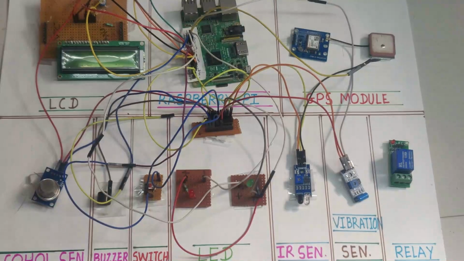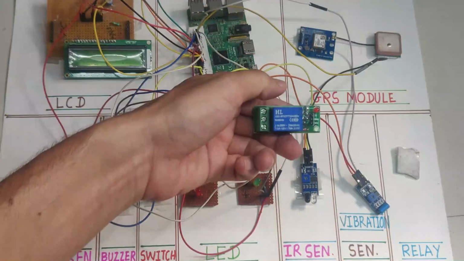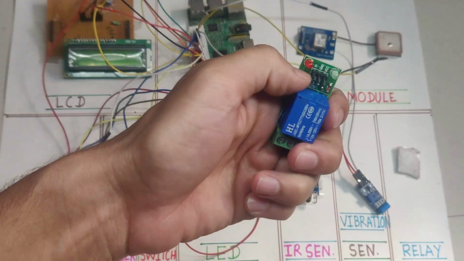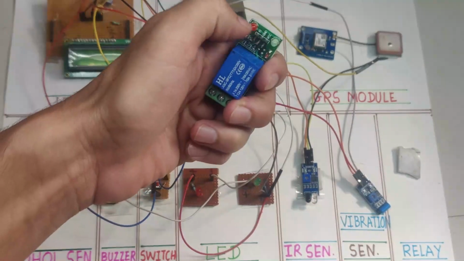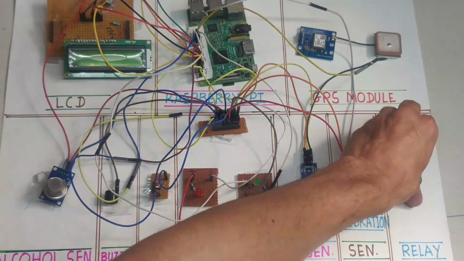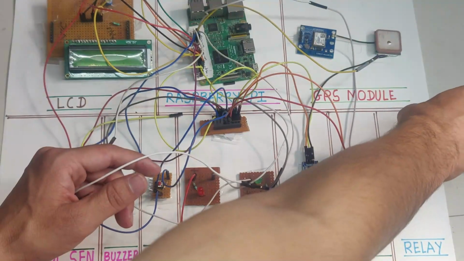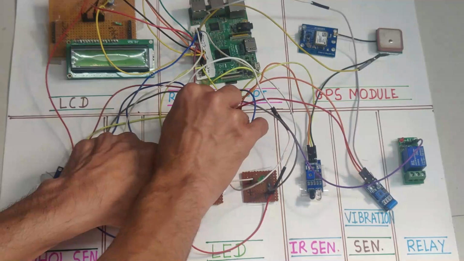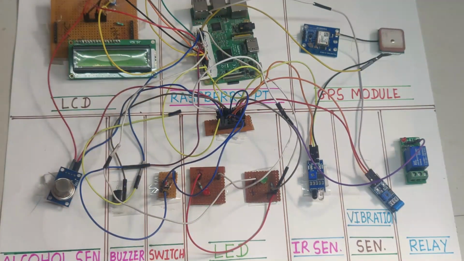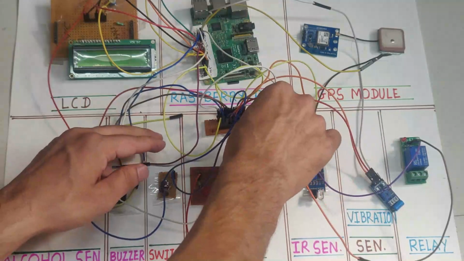Now the next part is the relay circuit. The relay again has three pins. One pin is VCC, the second pin is ground, and the third one is the input pin. So connect VCC to VCC, ground to ground, and input to input. First connect the VCC pin to the common VCC pin, then the ground pin should be connected to common ground. So this is the ground pin, connected to common ground again.